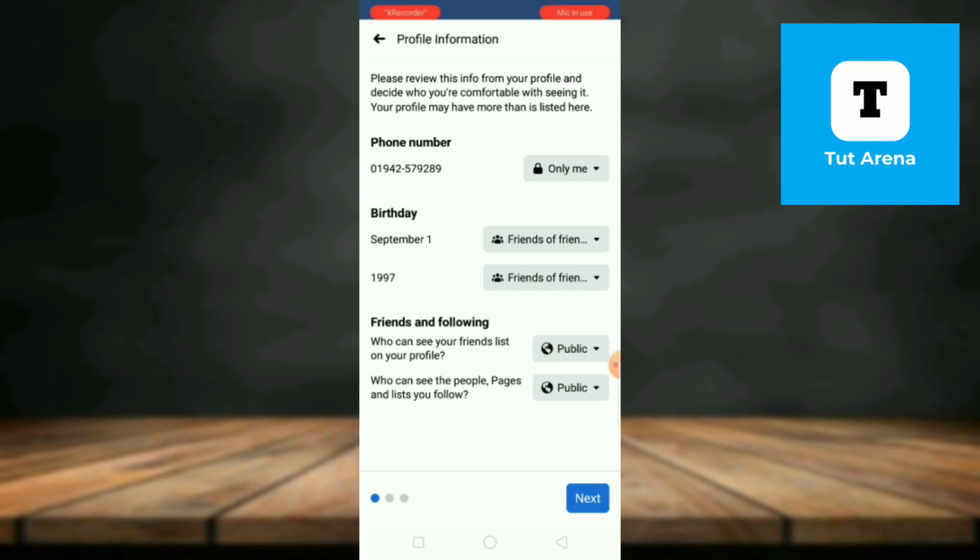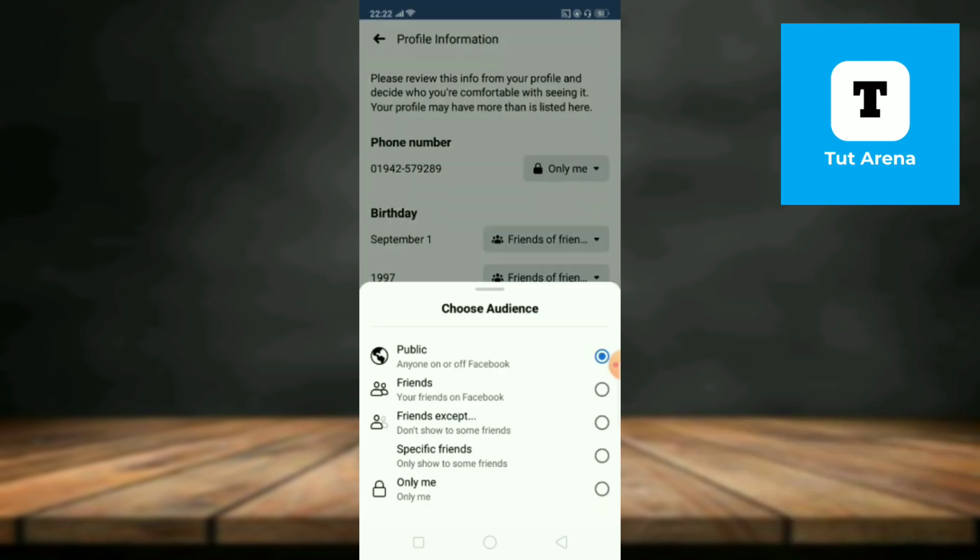Then you just have to change it a little bit. For example, you guys can change friends and followings, like who can see your friend list on your profile. Right now it is set on public. Now I will change it to only me,